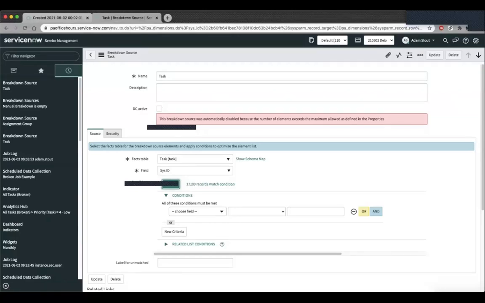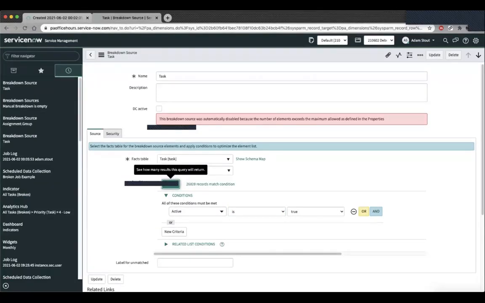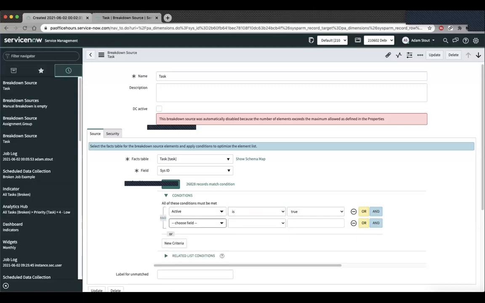Where we see this really commonly is users, because I have a breakdown that is by user, but what I really want is by VP. And so we can handle this issue. I just need to get this under that property level, which is 10,000. This would still break. And so we're going to break down by task, where active is true. And,